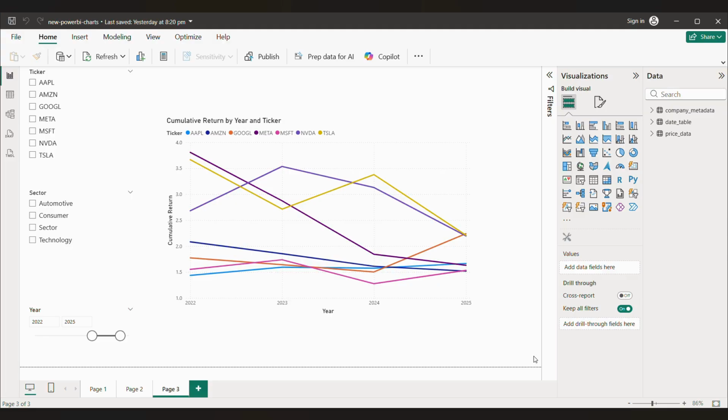It helps us identify which assets have consistently outperformed the market over time rather than just reacting to short-term intraday movements. In conclusion, by combining high frequency intraday data with these Power BI visualizations, we have created a robust decision making tool. We can identify sector weight, filter out noise with moving averages, analyze technical patterns with candles, and track long term